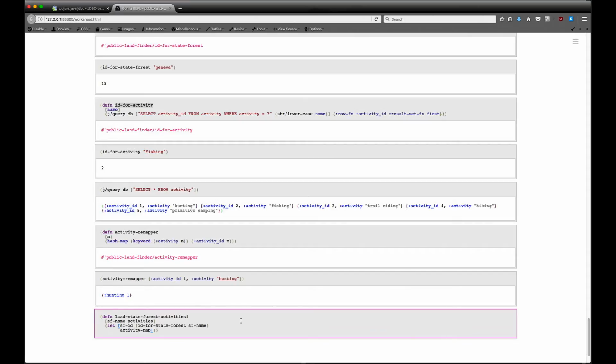All in a single map though. We just want to apply a lookup to that map. All right, so that's going to look like this for activity map. We're going to apply the merge, and we want to merge the result of query db